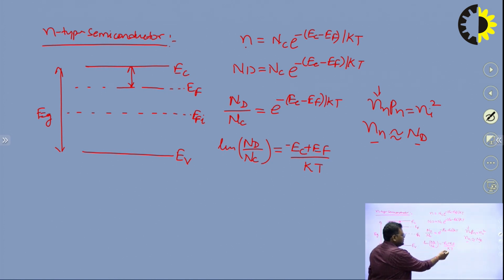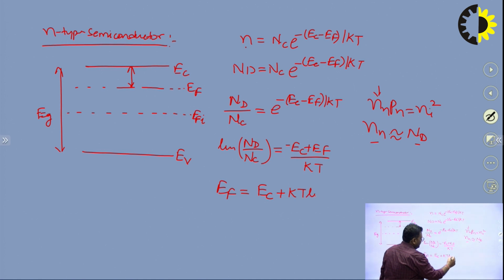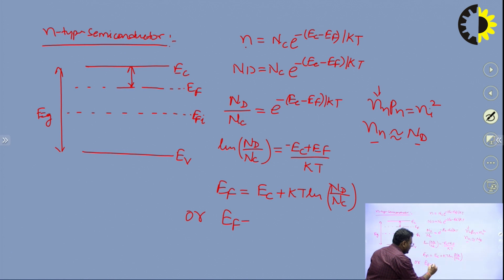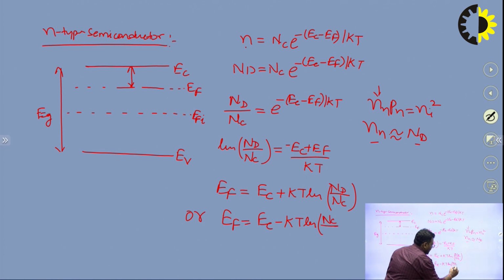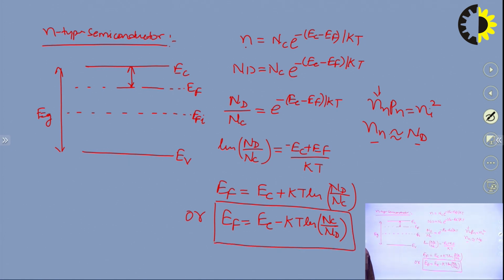Again we can rearrange the terms. So EF will be equal to EC plus kT ln(Nd upon Nc), or this equation can be written as EF is equal to EC minus kT ln(Nc upon Nd). So this will be the final value of the Fermi level in n-type semiconductor, right. So here we can see the Fermi level in n-type semiconductor is just below the conduction band,